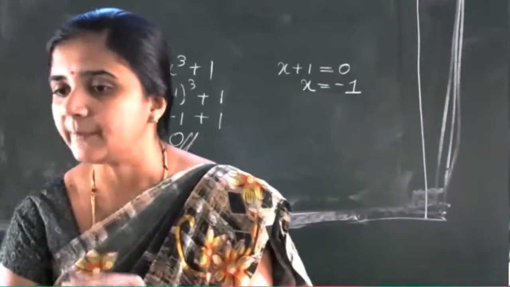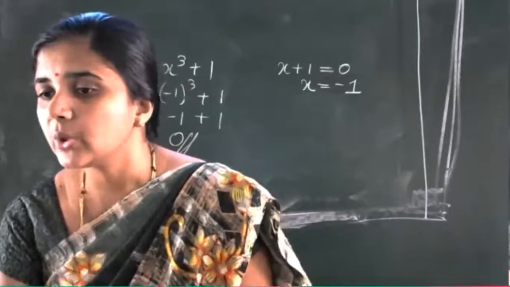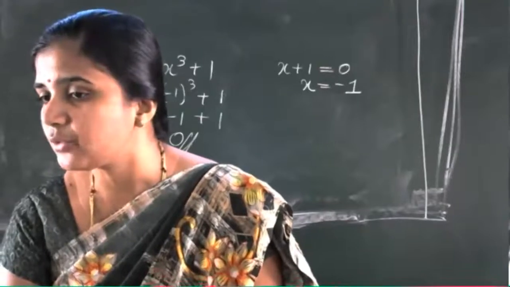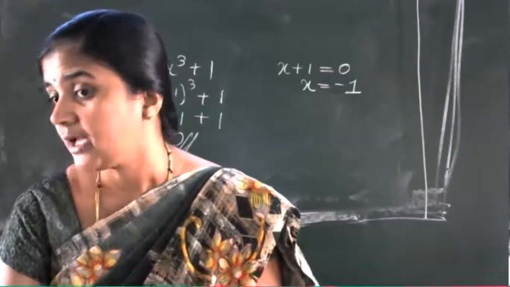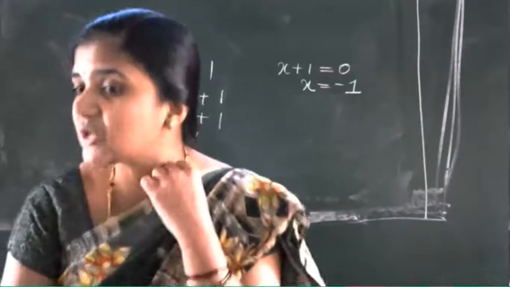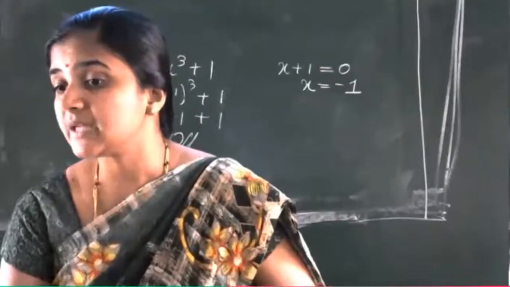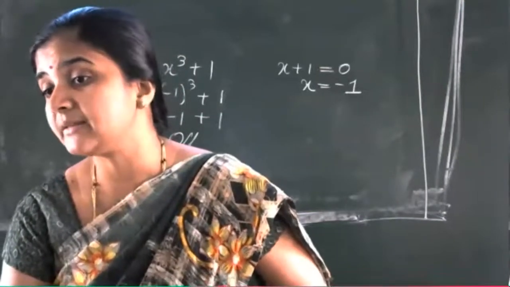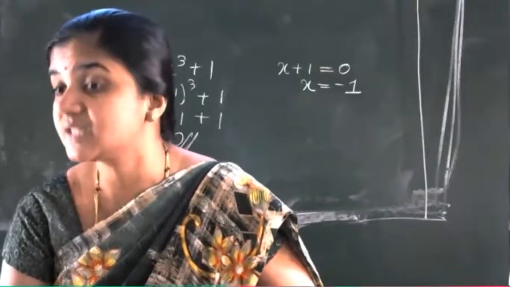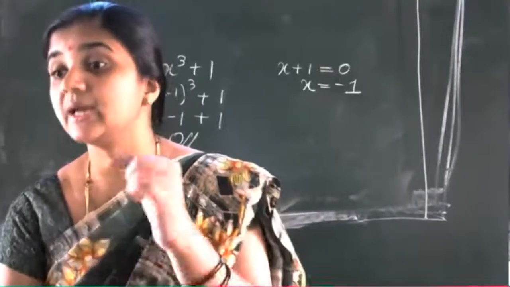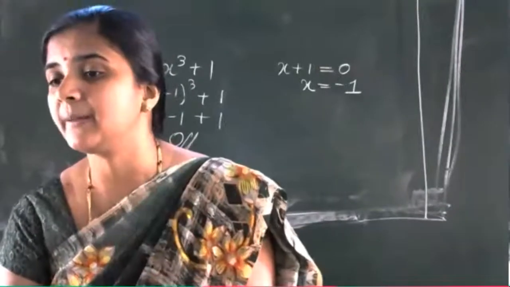Now you just check, okay, q of t will be a multiple of 2t plus 1 only if 2t plus 1 divides q of t. So when can you say it is a multiple? If 2t plus 1 divides q of t and leaves remainder 0. It is not only dividing; the remainder must be 0, then we can say it is a multiple.